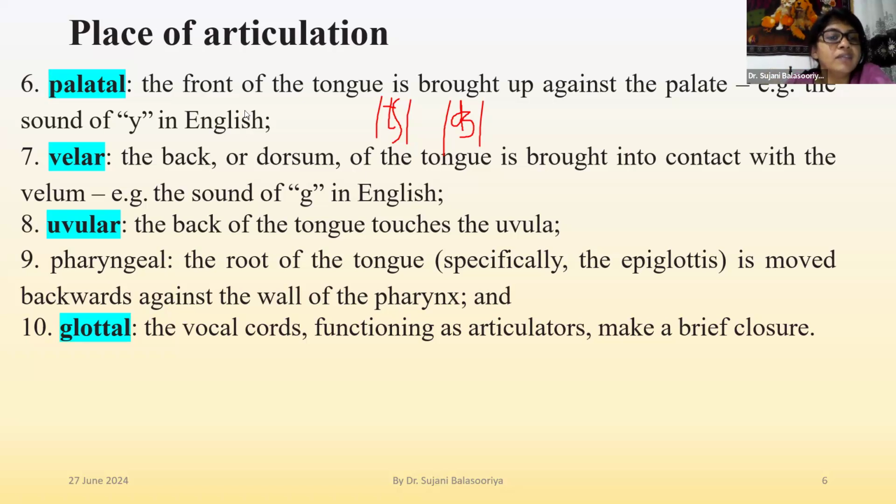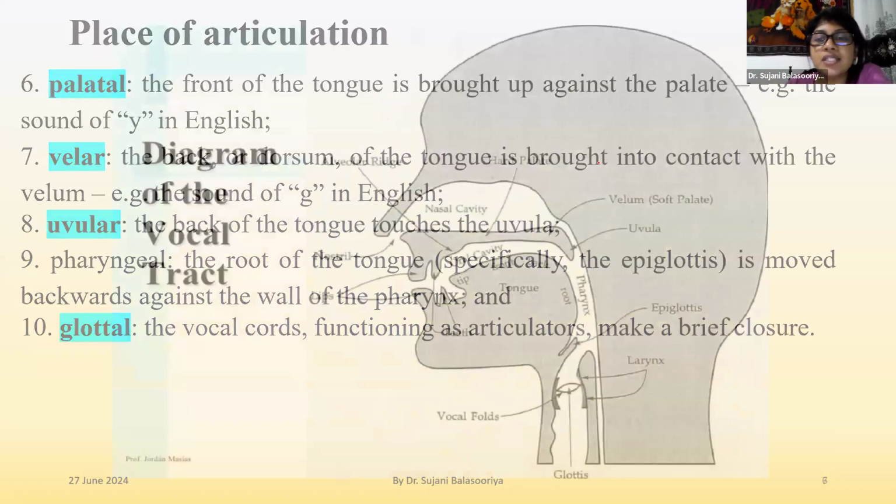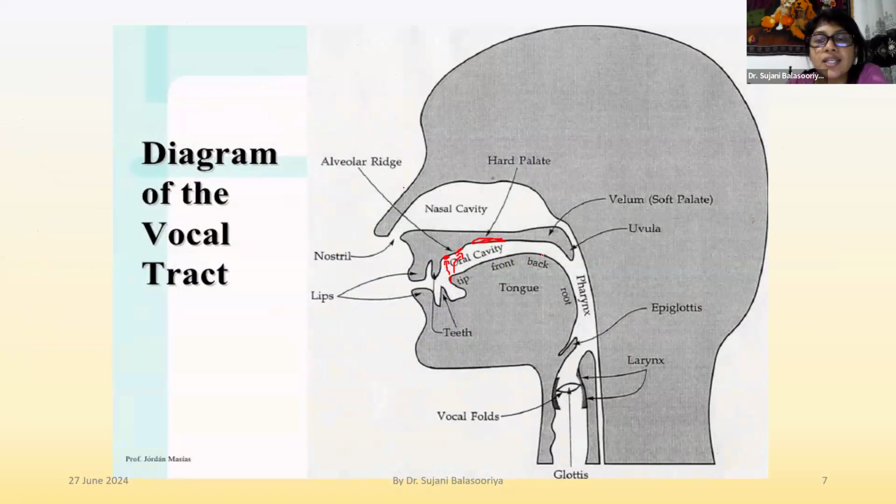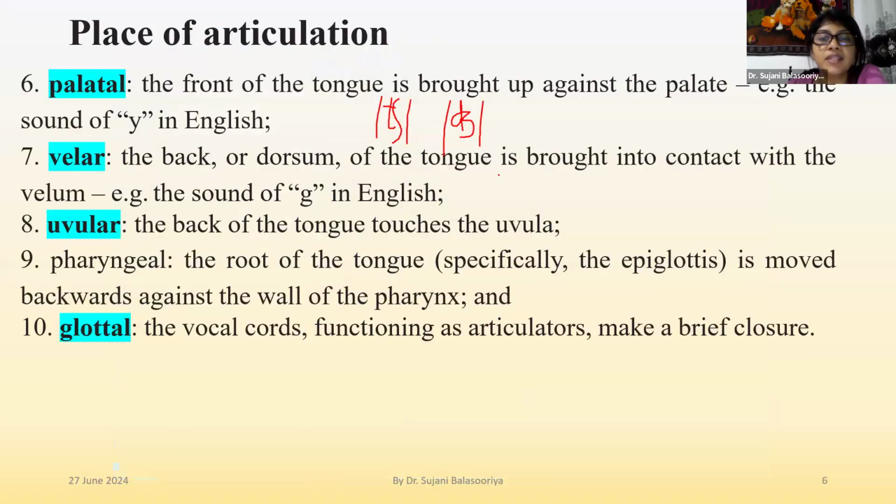And then we have another clear division, velar consonants. Velar comes from the word velum, and velum is another word for soft palate. So here the back of the tongue rises and touches the soft palate, or velum. This area is the soft palate. In this place, we produce three different consonant sounds. You have g, one example is given, and other than that,